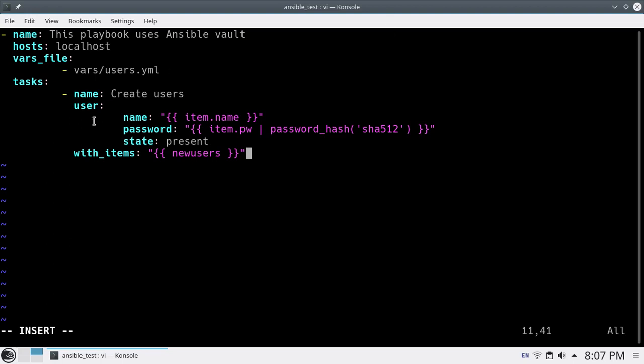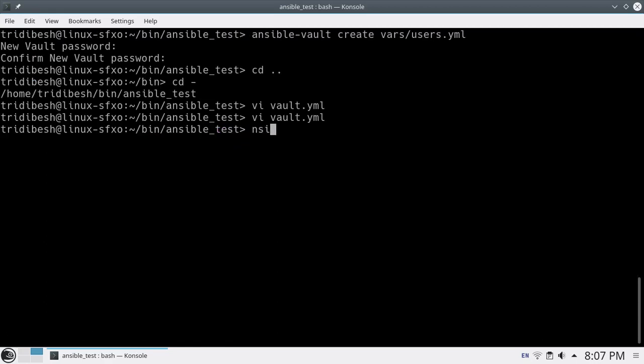So if you see here, there is no change. I want to use that variable file, I am directly using users.yml. There is no change like any vault option or something, and then I am just taking items from there, the name and password, and I am using it to create a user. So you do ansible-playbook, we do a syntax check, right? Check vault.